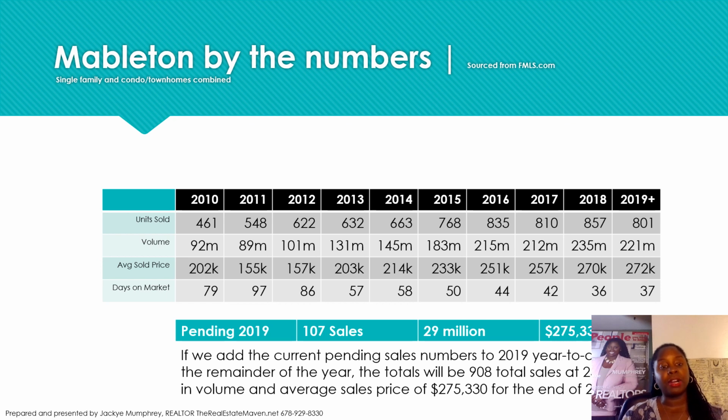At the top bar here, days on market at the beginning of the decade was 79 days, and at the end of the decade, 37 days. So we've made an improvement in how long it takes to get a home sold here in Mableton, which is excellent. Our average sold price at the beginning of the decade was $202,000, and toward the end of the decade it is $272,000. Combining the pending sales will get us to $275,330. So this is a very interesting